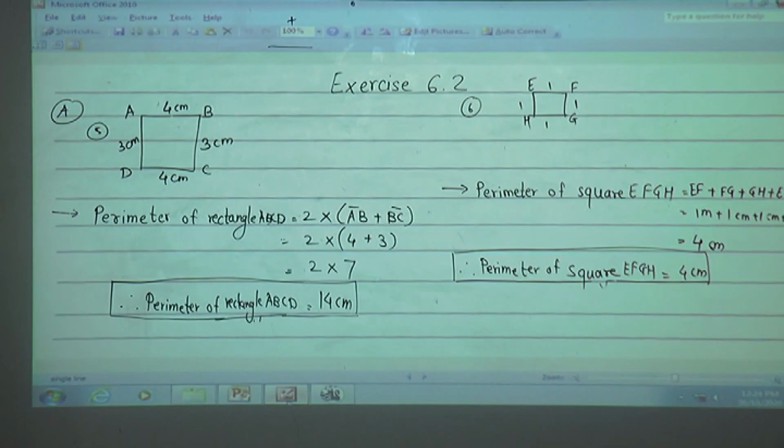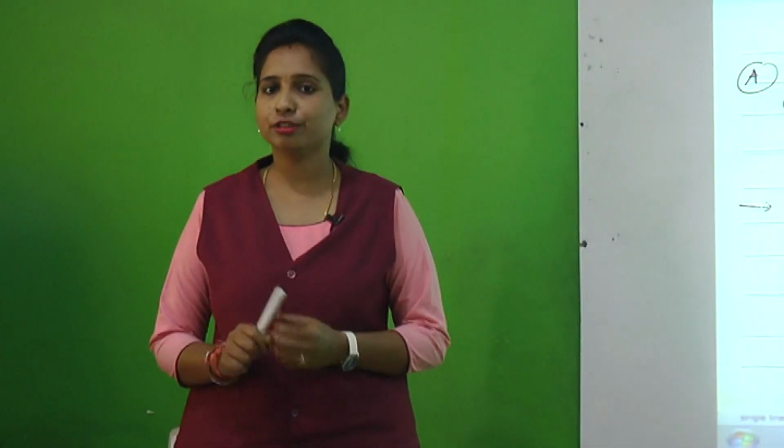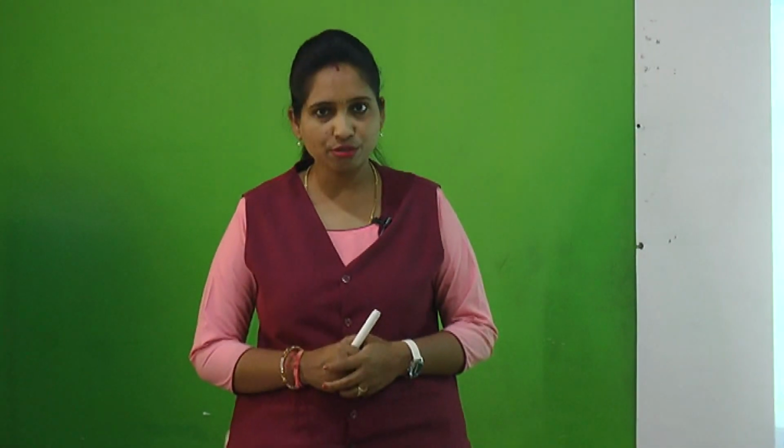Now the remaining 2 examples you are going to solve on your own in the rough book today itself. Okay? Have you understood what we have studied in this session? I hope the concepts are clear about finding the perimeter of triangle, rectangle and square. Okay? Today itself you practice with ruler and pencil, so there will be no confusion. Now B, C, D, E questions are left. We will solve them in the coming next session.